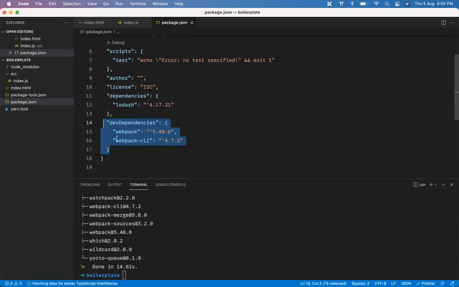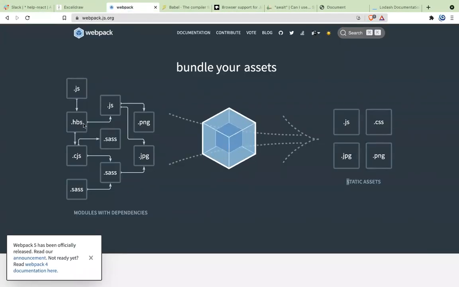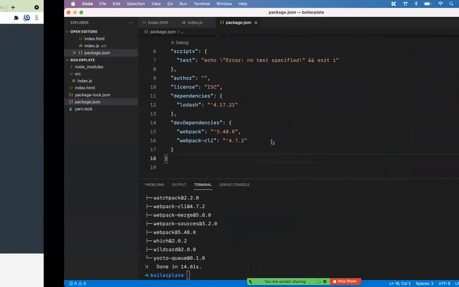Dev dependencies are dependencies that are only required when you're developing the application. So Webpack is only used when you're developing the application. You write these things using Webpack, this is what gets created, and at the end, you put this into the server. You don't put this into the server. You put only this into the server. So Webpack is taking all the input that you're writing, and it is giving something that you need to give to the browser.